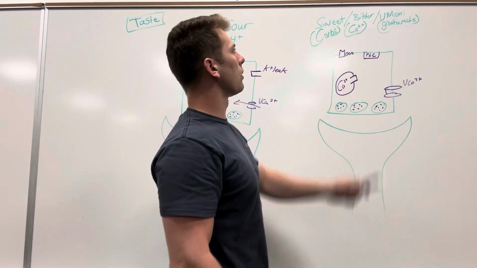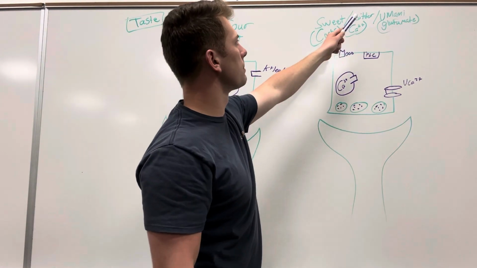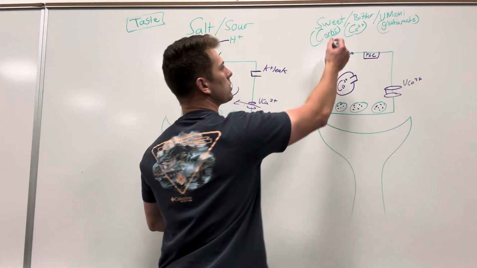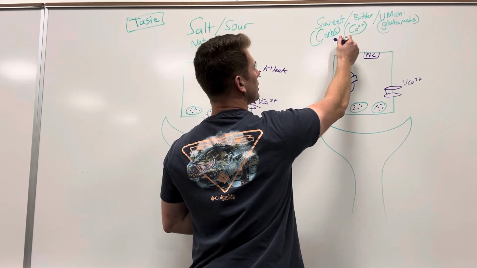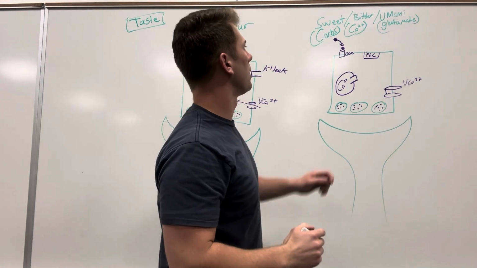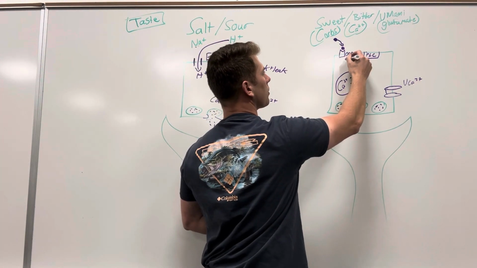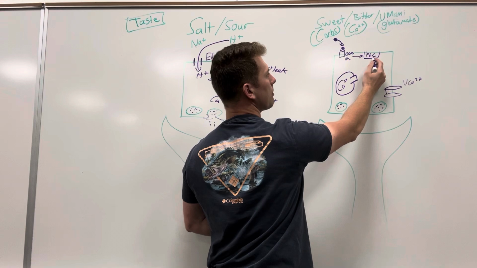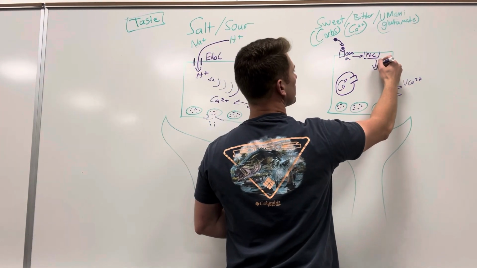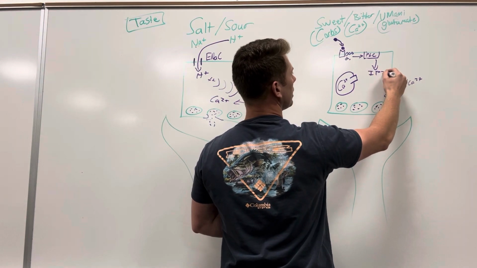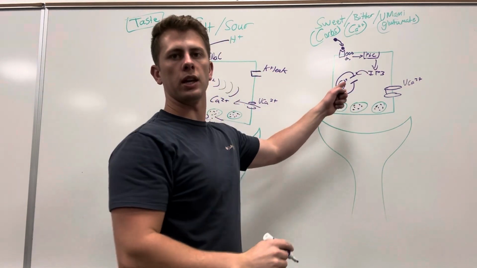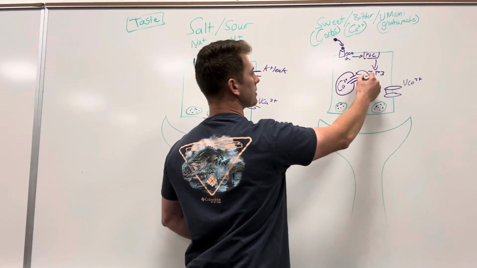Now, sweet, bitter, or umami. Sweet, carbs; bitter, you can taste with calcium; or umami, glutamate. Each one of these ligands will bind to this G protein coupled receptor and activate through the alpha subunit phospholipase C, which is a protein on here, which will send a second messenger, IP3, which will open this smooth ER full of calcium. Calcium will rush out,